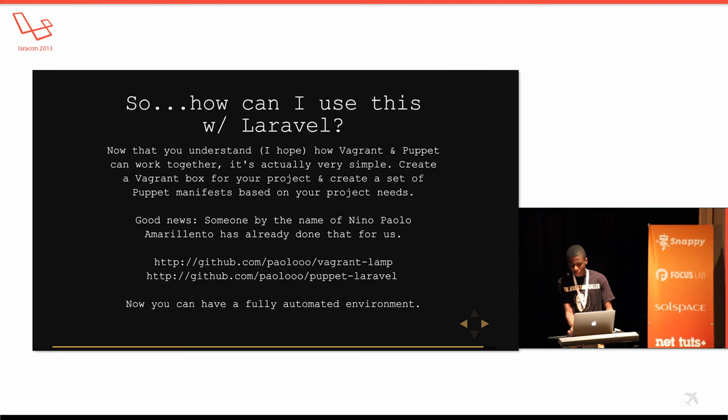Well, how I use this with Laravel is I basically have a set of boxes that I created, and I generally create my boxes because I don't trust other people's boxes. I created my boxes and I set up all the extensions I need. So you can say, hey, Laravel 4 requires mcrypt, so I can say, hey, I need mcrypt. I need PHP 5.4, or as long as it's anything higher than 5.3.7,